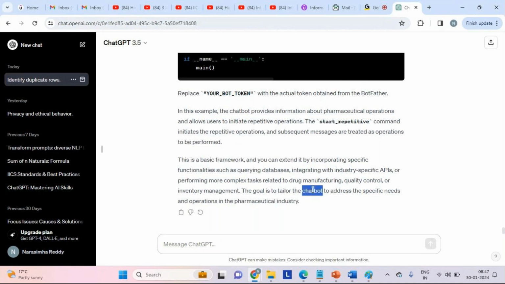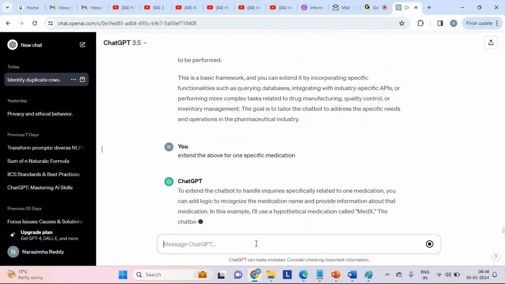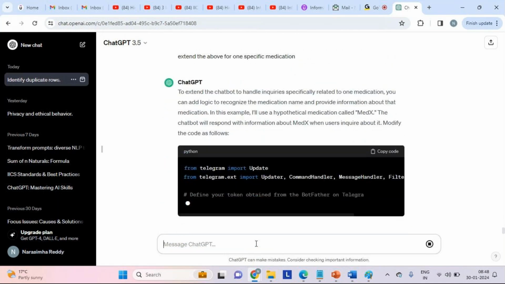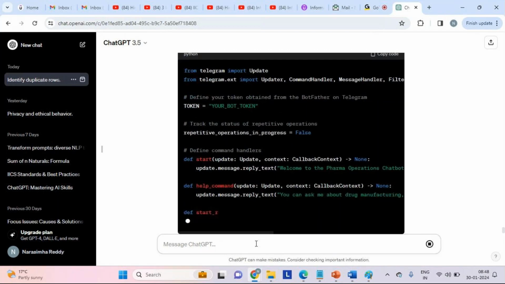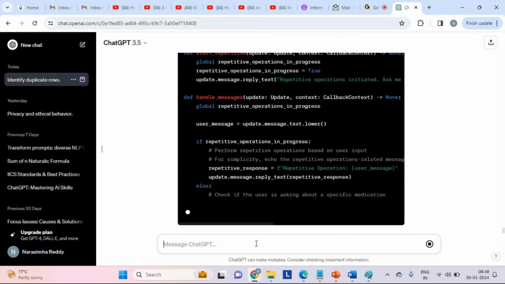So this particular chatbot addresses specific needs and operations for the pharmaceutical industry. Now you can ask a question. So how do I extend the above for one specific medication? Let's take that. It remembers the previous bot and then it's going to extend based on this particular specific question for medication.